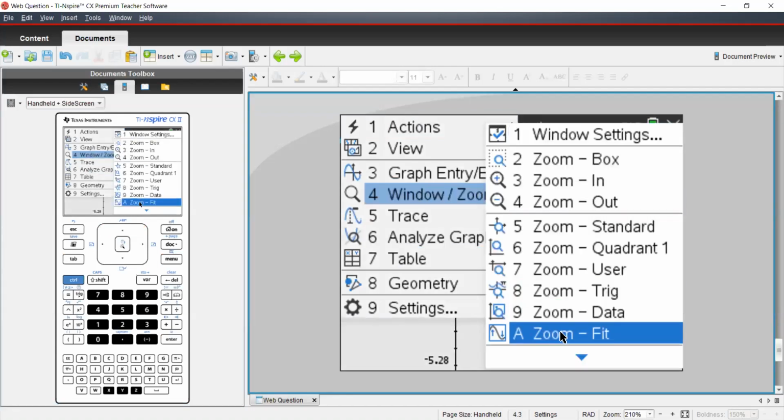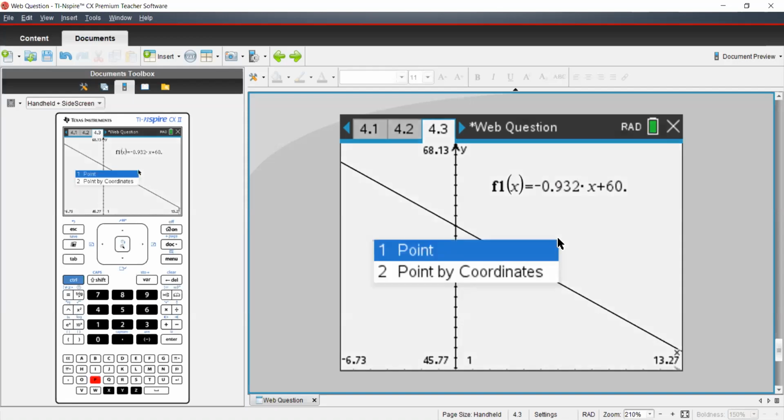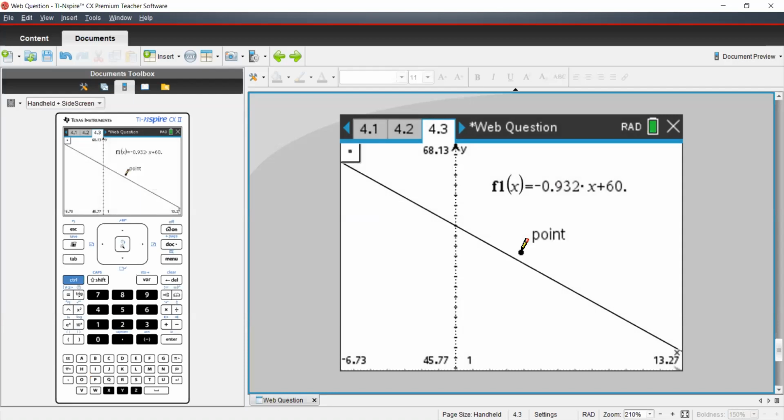Windows, zoom fit. Yes, it's the same regression line as shown in your data and statistics page. Now what we need to do is, we have the value of time, that is 25. It means we have the value of X, and we need to calculate the value of Y. So directly you can just select a point P and drag it anywhere onto the line. Suppose I keep it over here, enter.